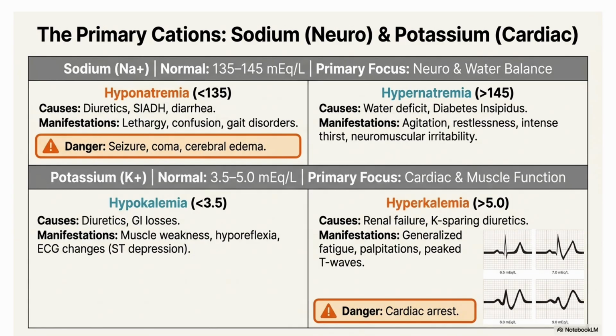Now, when you look at potassium, it's cardiac and muscular function. If it's hypokalemia, less than normal potassium, then you're going to have ECG changes, cardiac changes, muscle weakness, muscle changes, hyporeflexia. If you have too much potassium, it's also going to cause arrhythmias, for example, peaked T waves, a big one for hyperkalemia. The worst thing that can happen is a cardiac arrest and death. So it's important to know the signs and symptoms associated with each of these electrolytes.